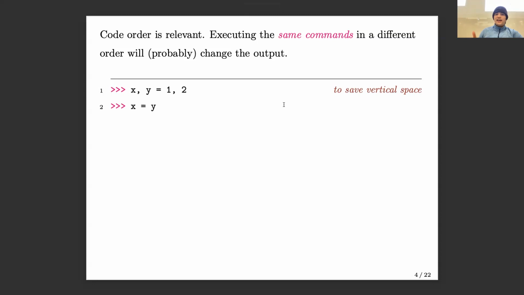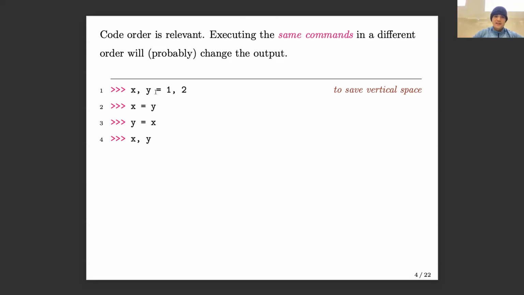So if I say x is 1 and y is 2, and I just do it like this to save vertical space. I have more horizontal space than vertical space on these slides. So this just sets x to 1 and y to 2. If I set x equal to y, and then y is equal to x, what are the values of x and y? You say they're both 2? Or are you saying peace among you? I am not a crook. Okay, so 2.